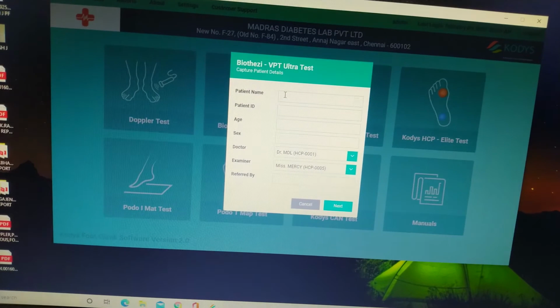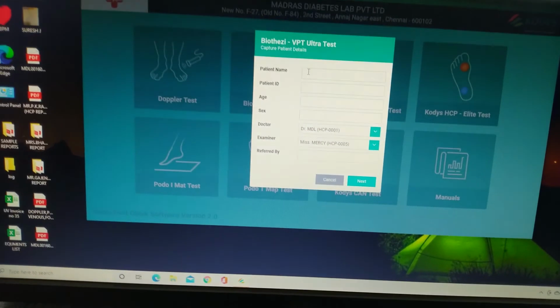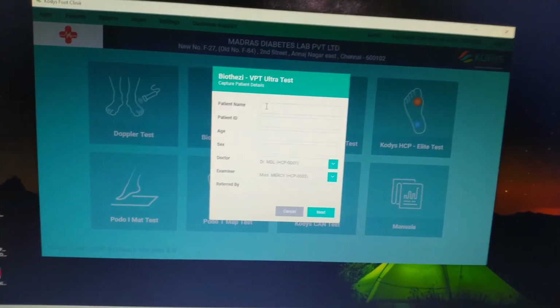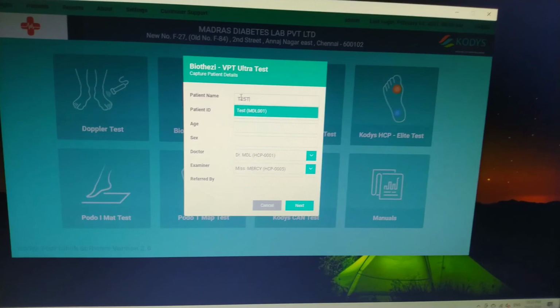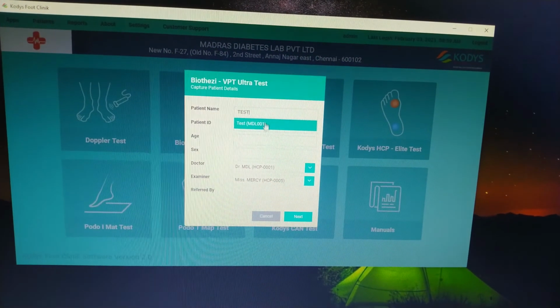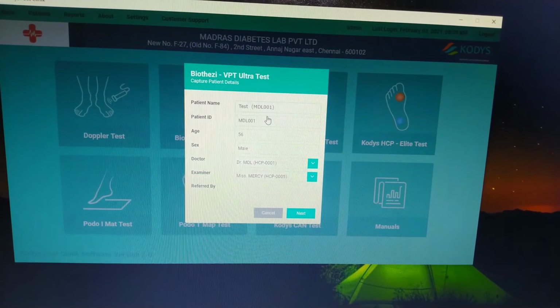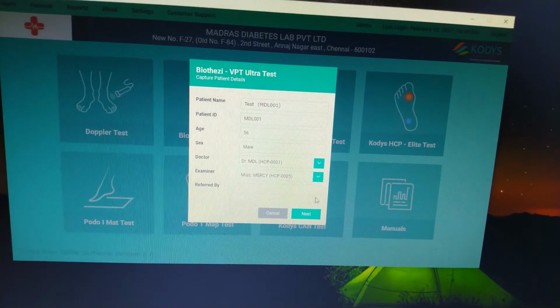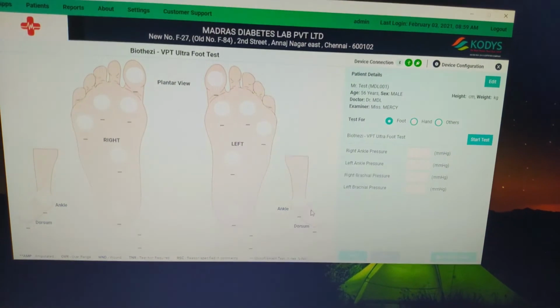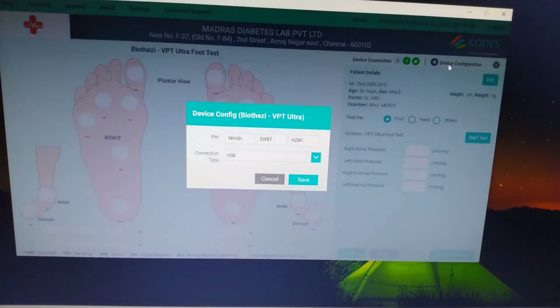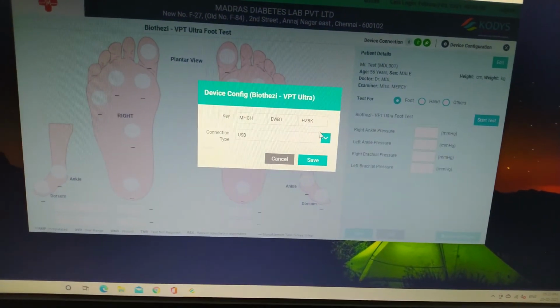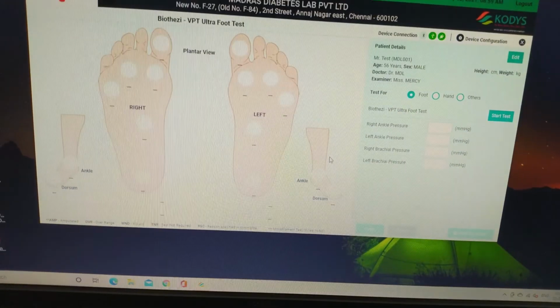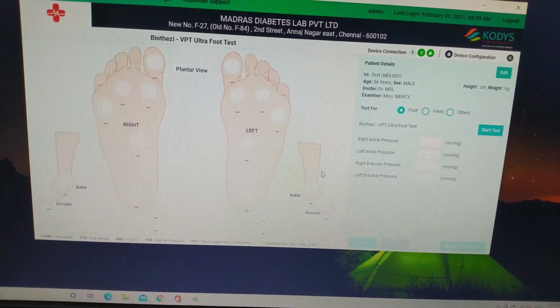Open. Click test. So under device configuration you have to enter this key and click save. Then the details will get saved and the USB light will be blinking.